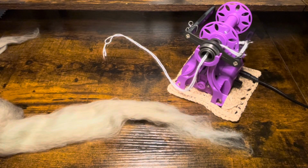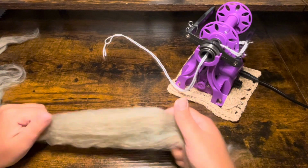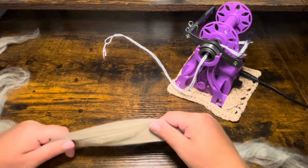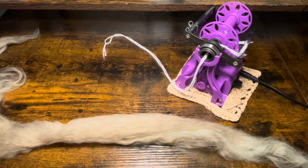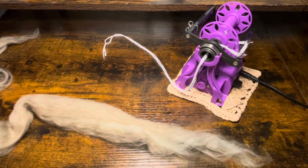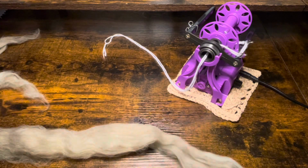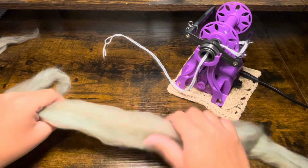Before spinning, you do want to pre-draft your fibers, meaning whatever fiber you are using, whether it's in roving, sliver, bat, whatever you're using, you want to pull the fibers apart so that they're not so compacted. If you try to spin compacted fiber, you are going to be tugging quite a bit, which can lead to overspin. So now that you have pre-drafted your fibers and you are ready to spin, when you do pre-draft,